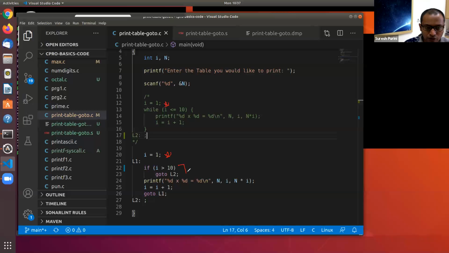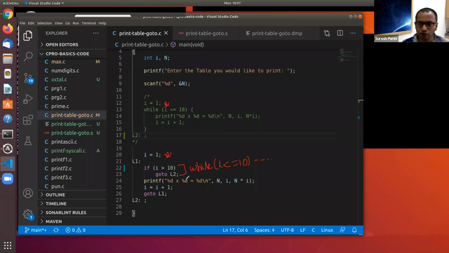On lines 22 to 23, these two statements are equivalent to checking, no, while I less than 10, something like that. If this condition is false, then the control doesn't go to the go-to statement.